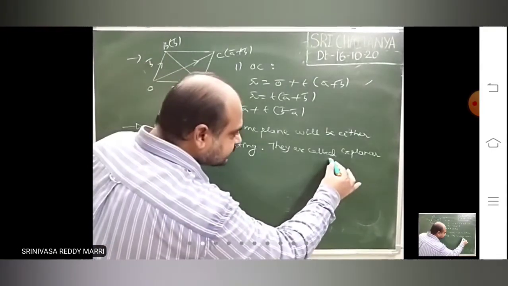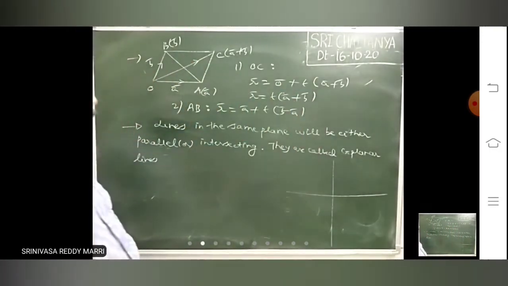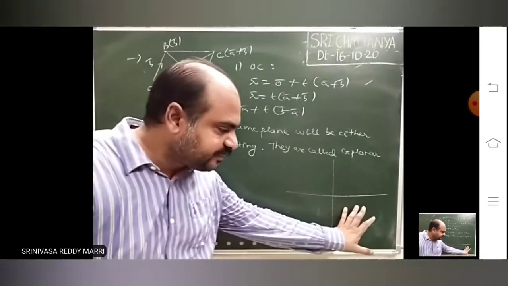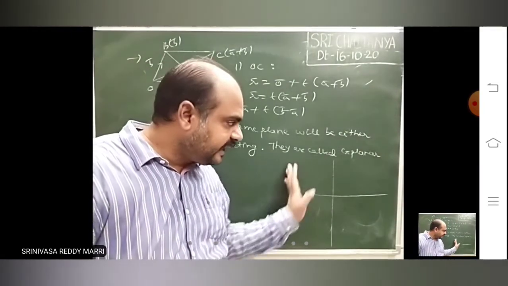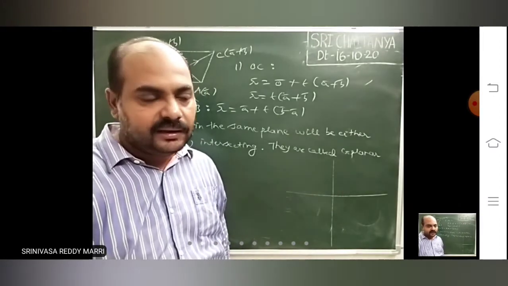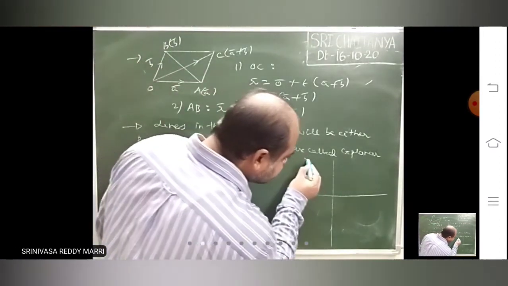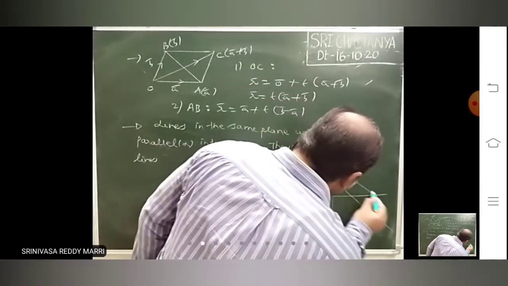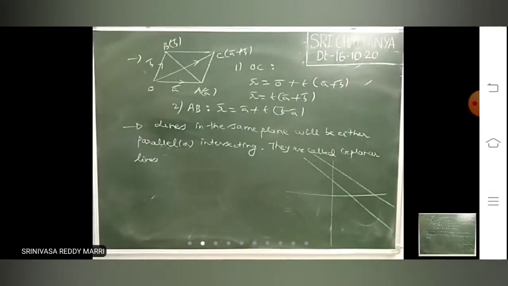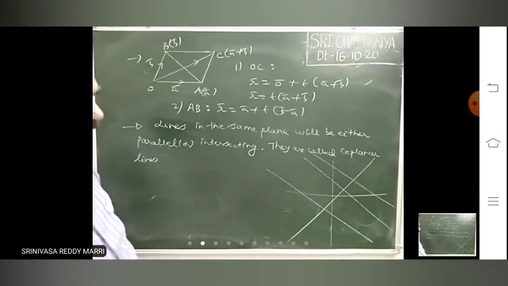Suppose look at, XY plane is there. Take some XY plane. Your paper represents the XY plane, which is an infinite region, but you represent it on your paper. On the XY plane, if you draw two lines, if they are parallel, they will be like this. If they are not parallel, definitely they will intersect like this.